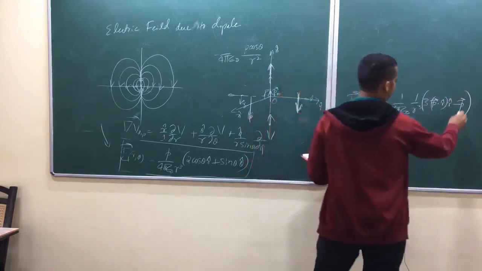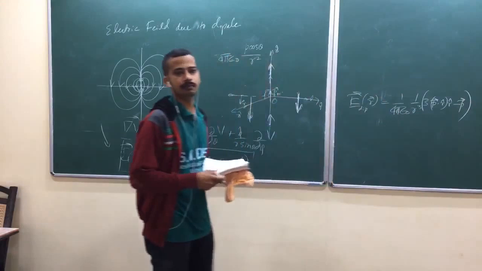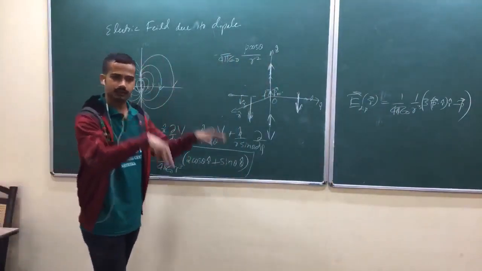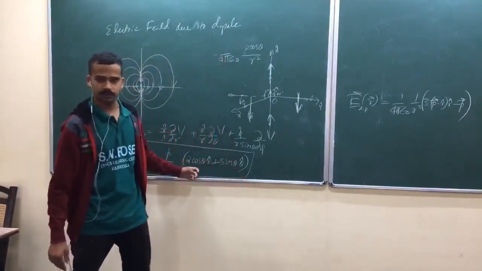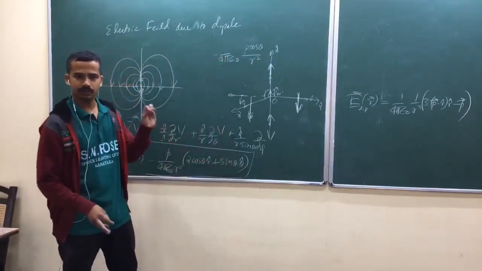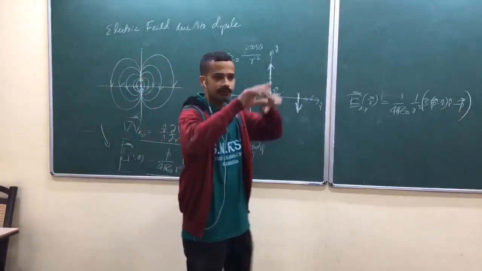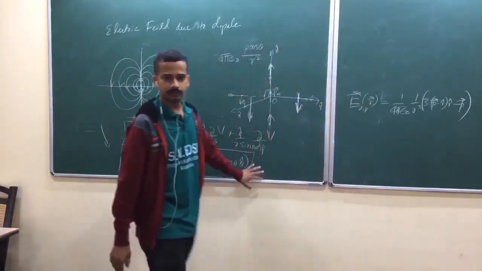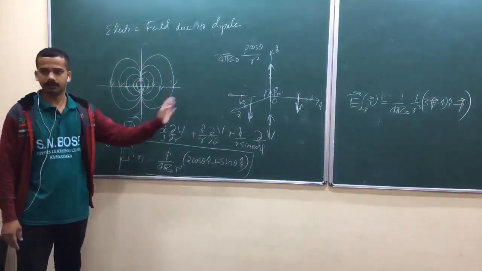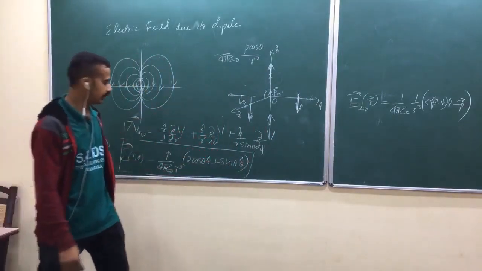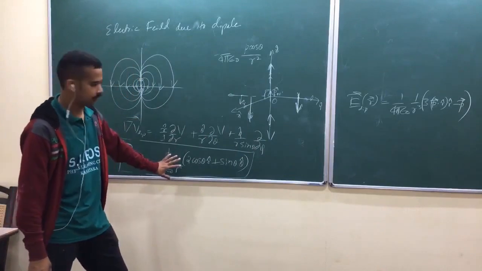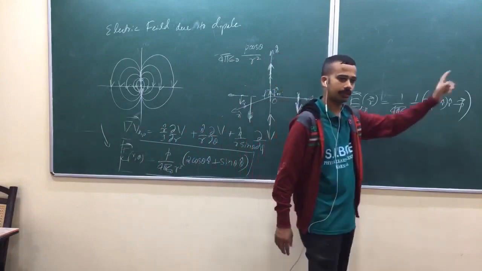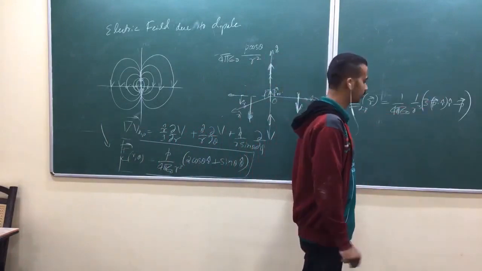The same formula will come in the case of a magnetic dipole, because for electric dipole and magnetic dipole the field formulas are similar. When you see a magnetic dipole also, you will feel that the vector lines are like this, because this talks about a vector field. Am I right? So for the magnetic dipole, only this part will be different. This part will be the same, and this same formula will come in that chapter also. Okay, magnetostatics.